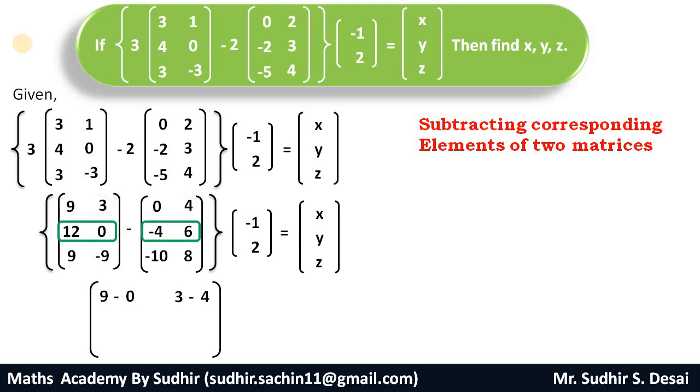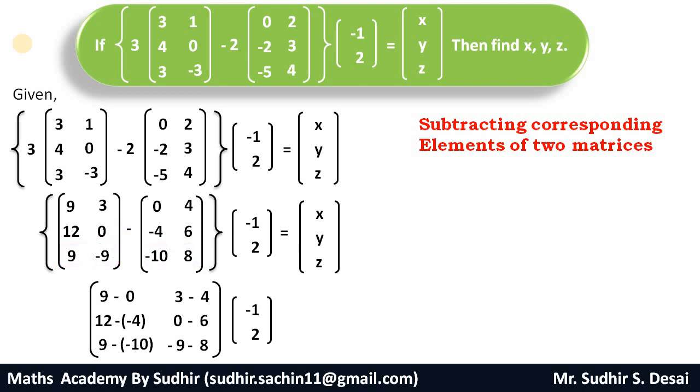Now subtract second row. 12 minus minus 4. Carefully write down the negative number inside the bracket. Second element 0 minus 6. Now let us take the subtraction of third row. So first element 9 minus minus 10. Again write down the negative number inside the bracket. Second element minus 9 minus 8, into the matrix minus 1, 2 is equal to the